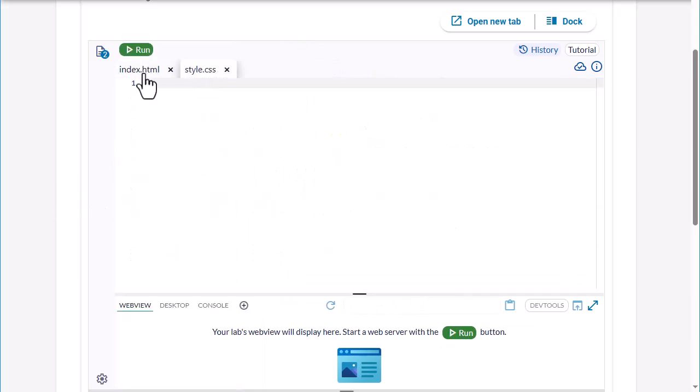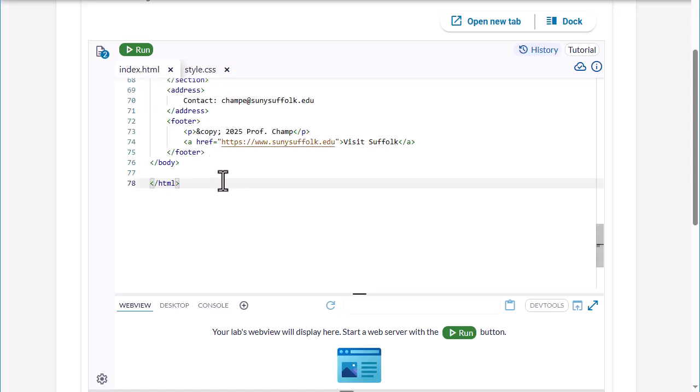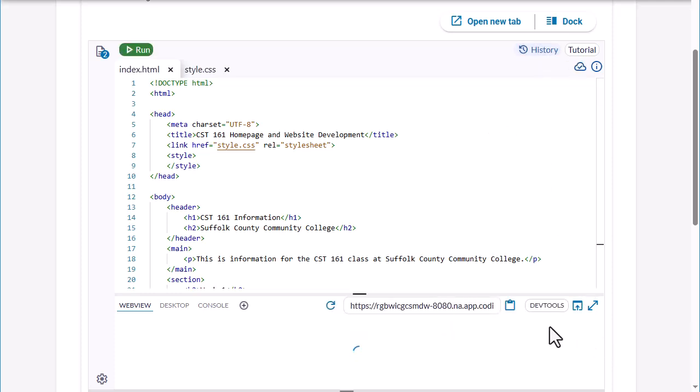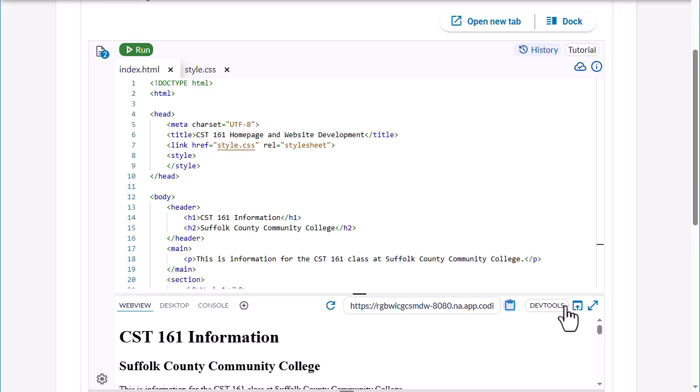We have our style sheet open. We have our index open. For this video, I'll be putting all my CSS into the style sheet here, the style.css, as an external document. We easily could put it into the style tag here, and maybe we'll try a couple like that as well. I'm going to run the instance and get our web server up and running, and then I'm going to pop it open into another tab as soon as it does. It'll be easier to see, and that's this little icon right here. And there is our new tab opening up,